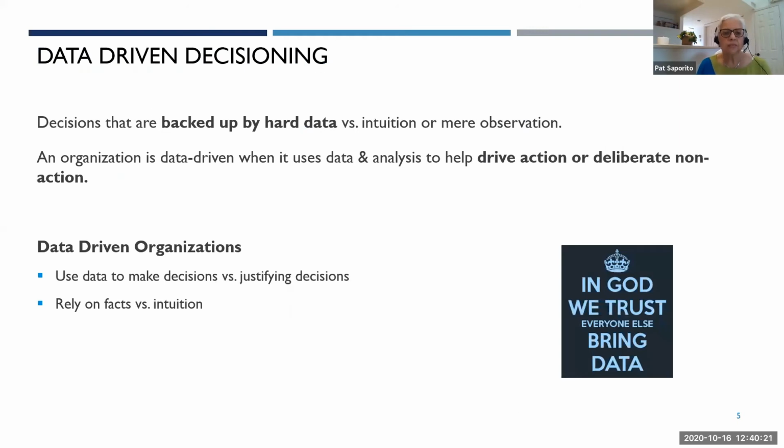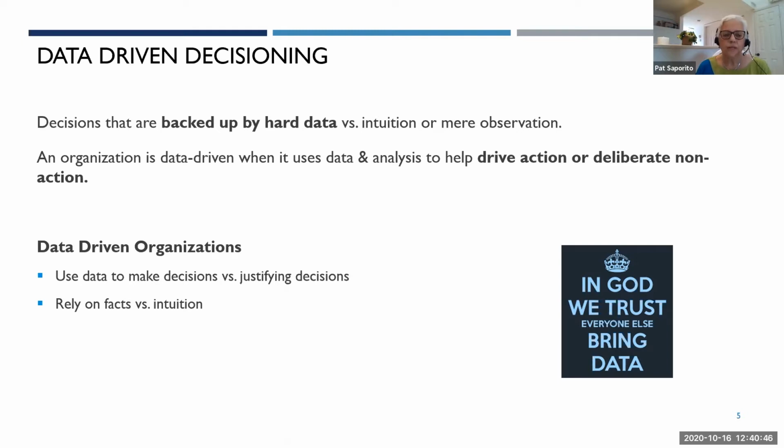So let's talk about data-driven decisioning. What does that mean? It's easy to say it. A lot of companies claim to be data-driven. They highlight it in their annual report, in their CEO letter as part of the annual report and many other places. But are they just talking the talk, or are they really walking the walk? That's the key question here. Are they putting this to practice?